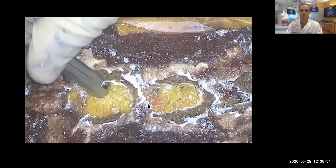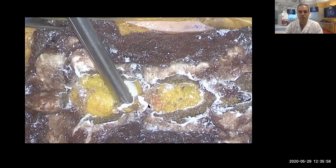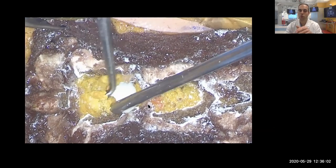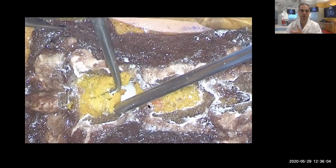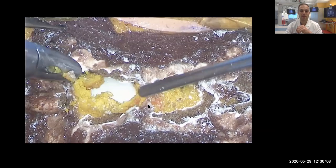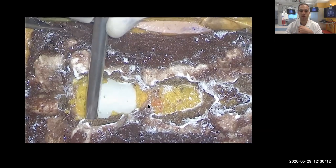And you can see this is one of the residents that's doing a laminectomy. And the ligament actually ends at the superior part of the lamina, so we can judge, hey, did you recognize that? Or did you take a bite out of the dura and get a spinal fluid leak? Or did you damage the nerve roots? And we can see what kind of instruments they're using and how ready they are to do this procedure in